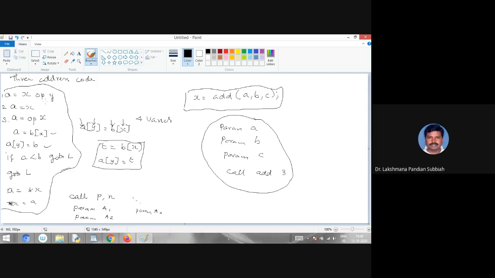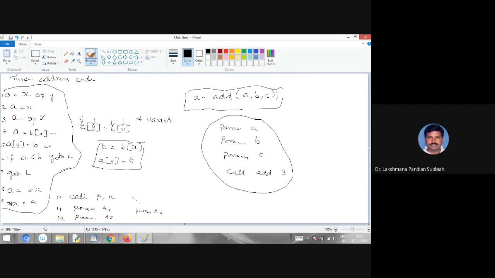The list of statements is 1, 2, 3, 4, 5, 6, 7, 8, 9, 10, 11, 12. This many statements is enough. Then you convert all statements into that form. Are you able to understand now?